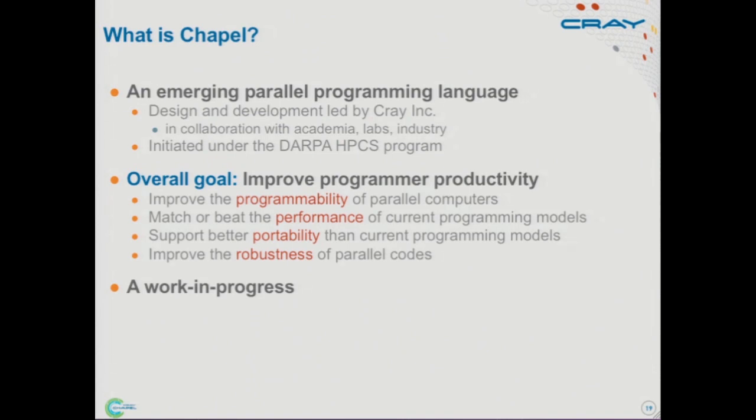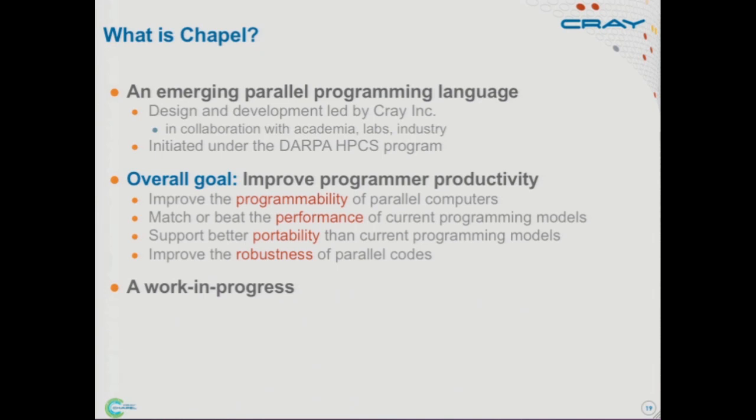There are several other things as well that I won't be talking about today. So the goal of Chapel is to improve the productivity of the programmer. You have to write some code to run on this machine. We want to make your life easier. And so the first thing we want to focus on is making the machine much more programmable than it is today. At the same time, since performance is king in HPC, we don't want to sacrifice performance. Kathy argued in her last talk that you can use PGAS languages and not sacrifice performance. That's something we're betting on as well.